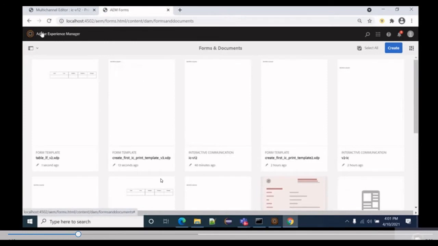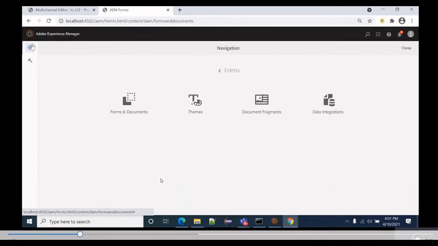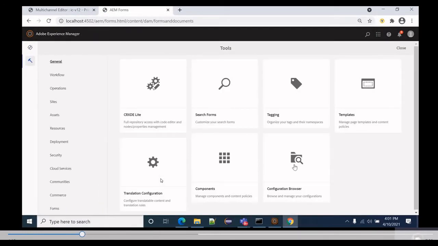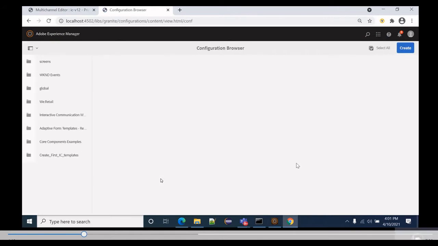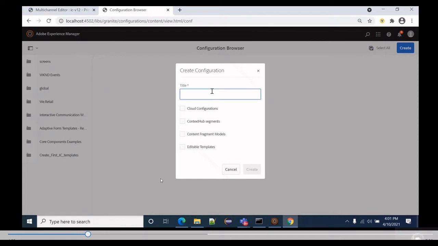Now first we will create the configuration browser. So Tools, click on Configuration Browser and let's create a new folder. It's our interactive communication template.